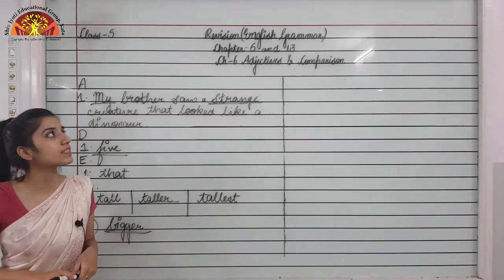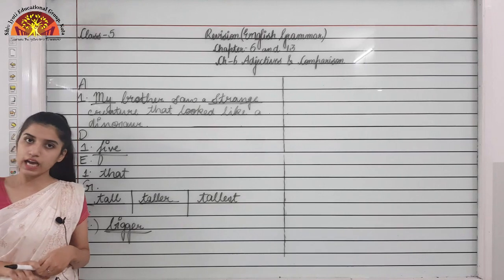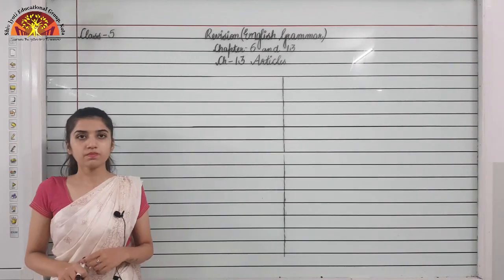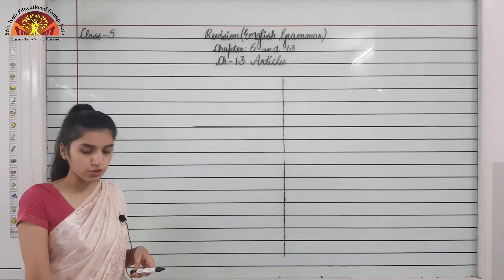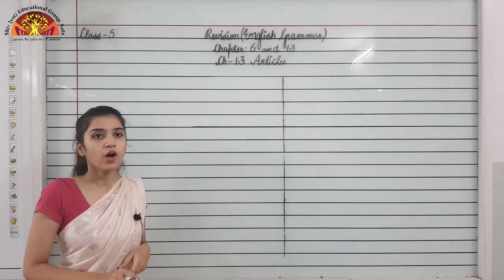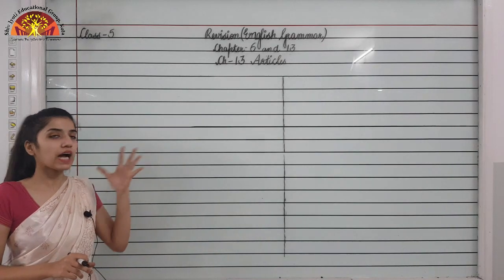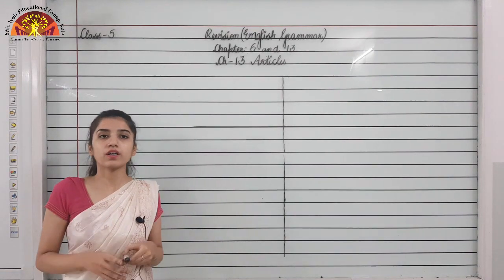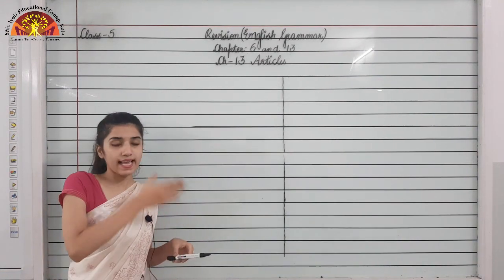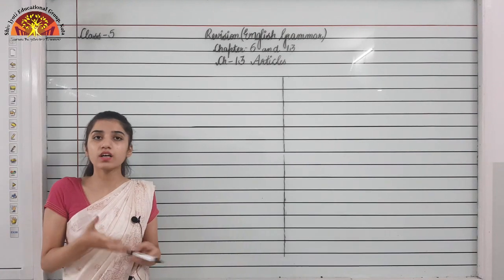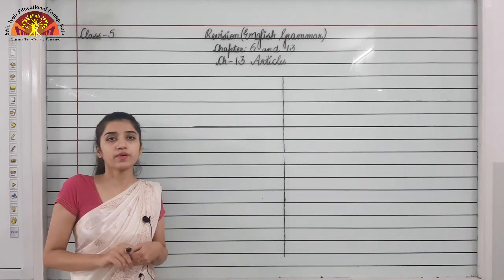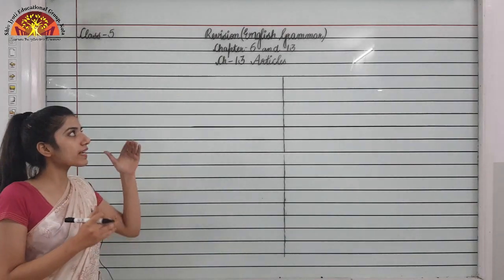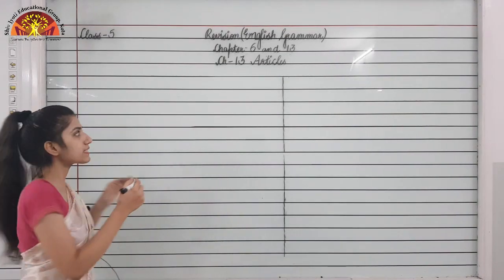Now we are going to see chapter number 13, that is articles, which you can find on page number 80 of your book. Articles are what? We have studied articles, that is a, an and the, are called articles. They are used before nouns and noun phrases. First we are going to see that there are two types of articles, that is